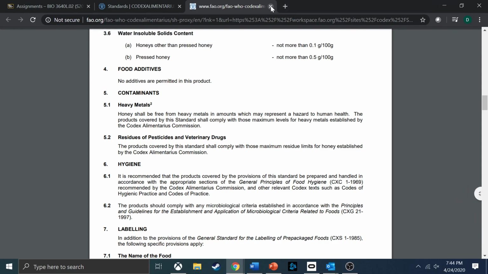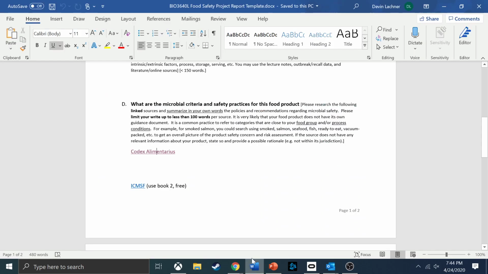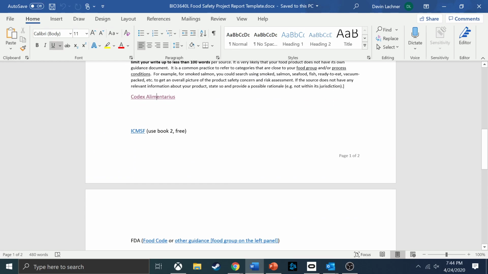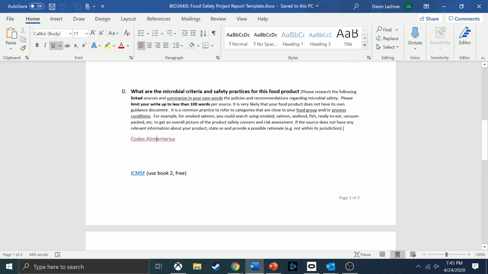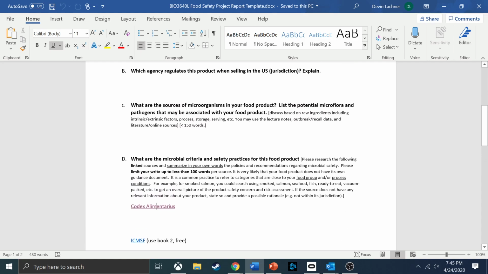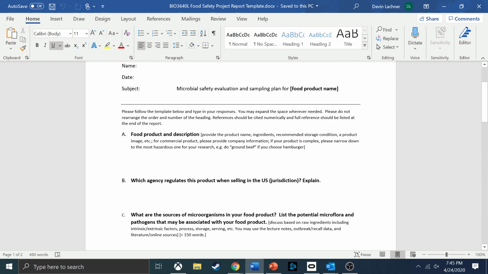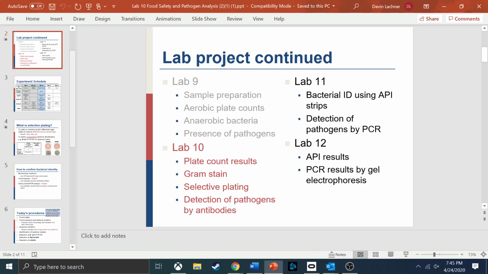Make sure to fill this all in, all the way, finish D. Okay, so just read all the directions. If you have any questions, please make sure to email me as soon as you have them, if anything comes up. Okay, so for Lab 10,